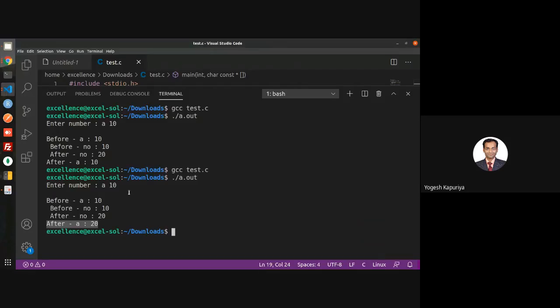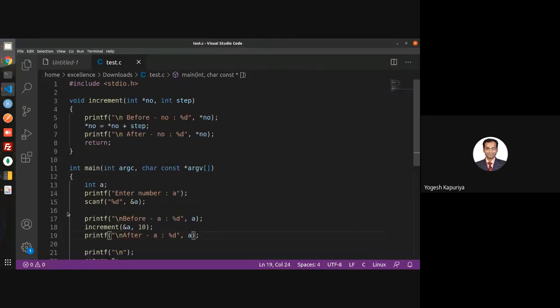It's very useful because even though we can achieve whatever we have achieved in this case using some return function, let us say instead of returning a single value, you want to play with multiple variables which you are passing in the function. So your function can always return a single value. It cannot return multiple values, right?